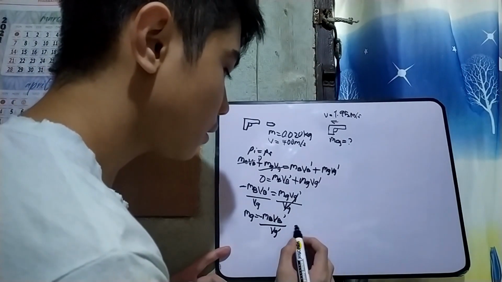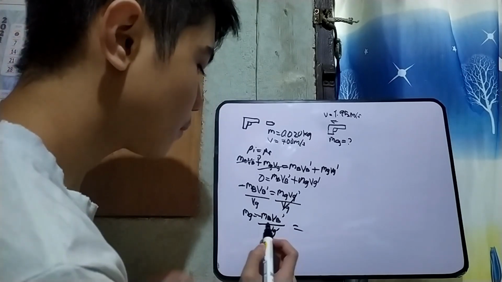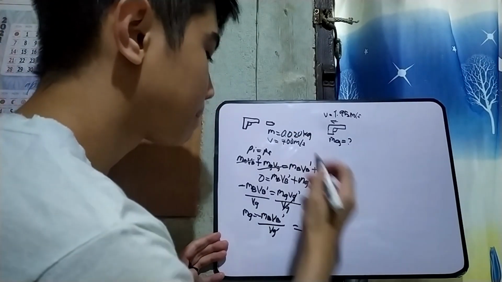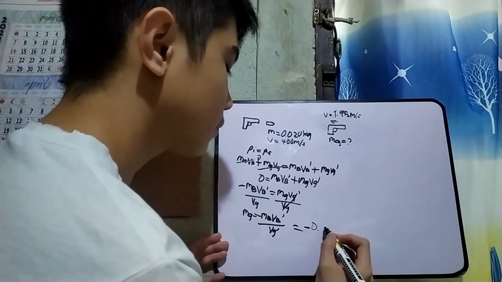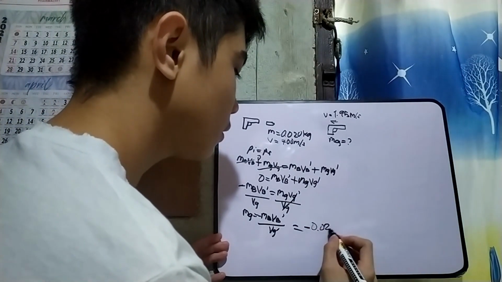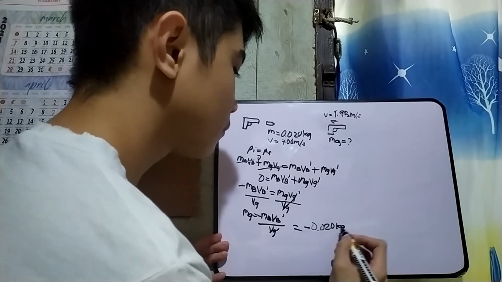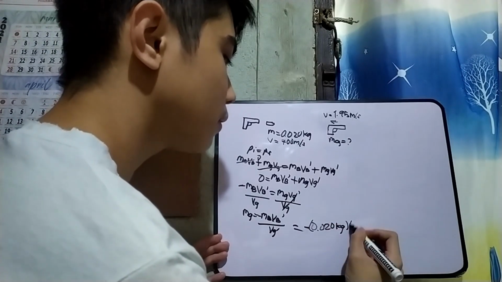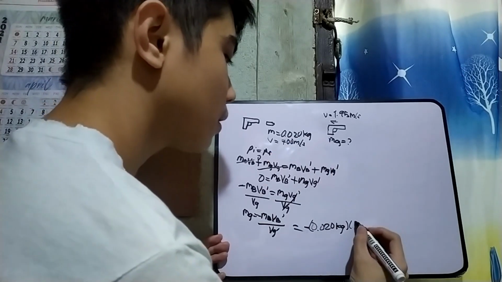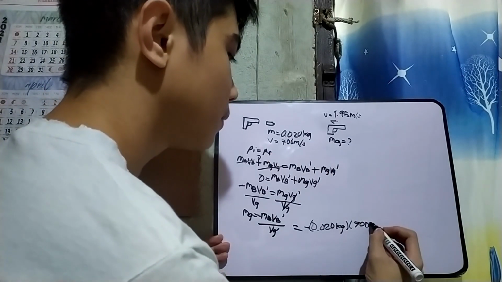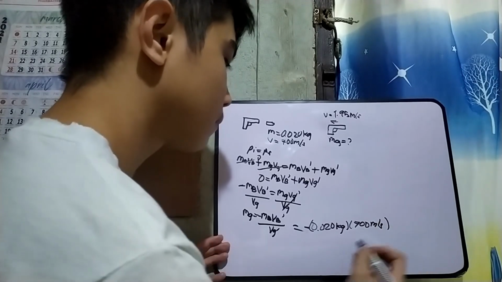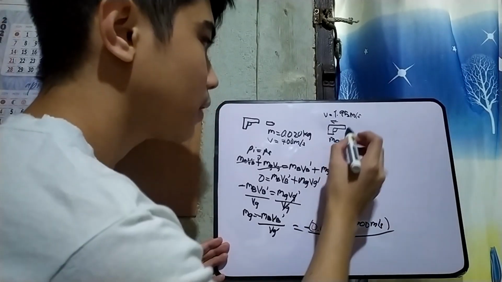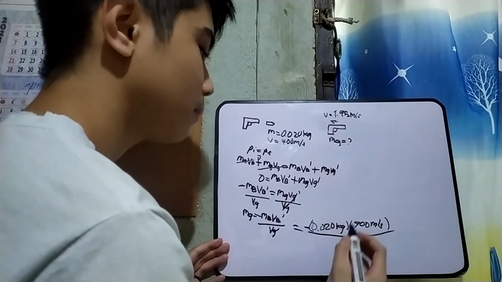So, i-input lang natin yung negative mass of the bullet 0.020 kilogram multiply to velocity ng bullet 700 meter per second over yung velocity of the gun na 1.95